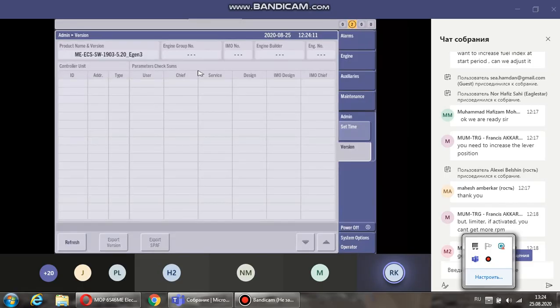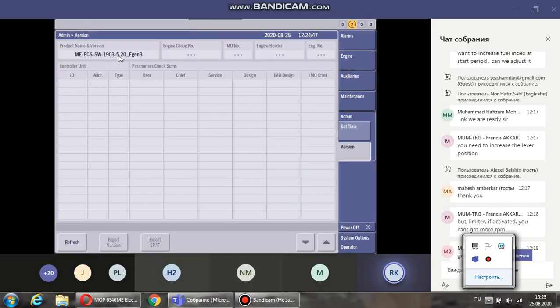The version, this is the software technical file. So you have a technical file for your mechanical NOx components, and then you also have this version folder for the software, because it has something to do with the adjustments of the combustion chamber. At the top here we have an ECS, an ME engine control system, software version 1903. So this is March of 2019,